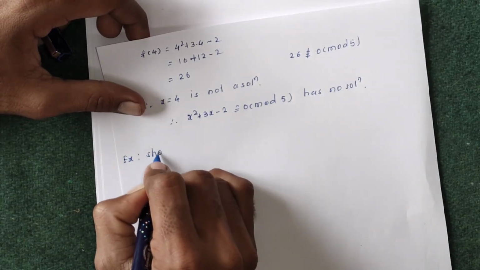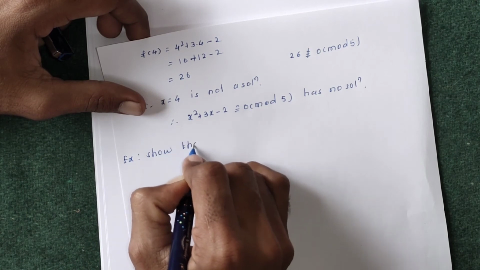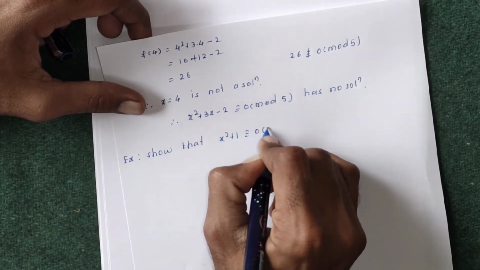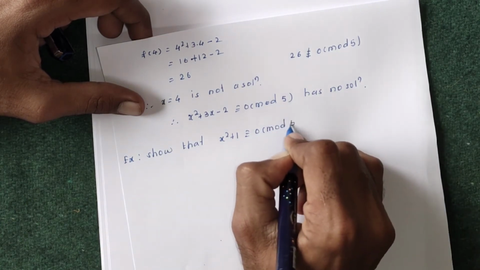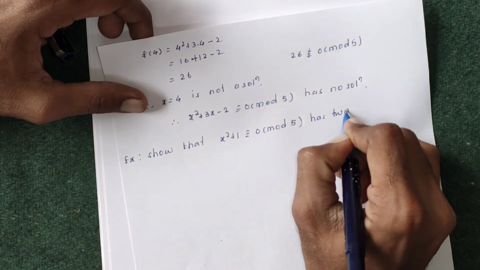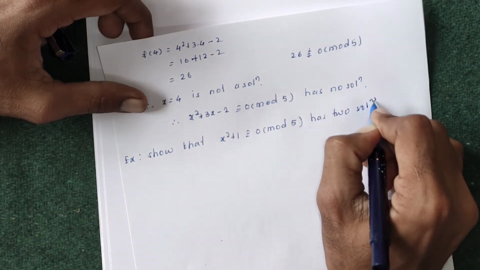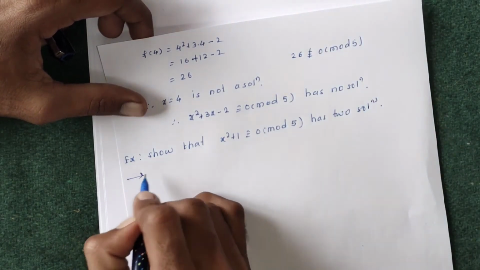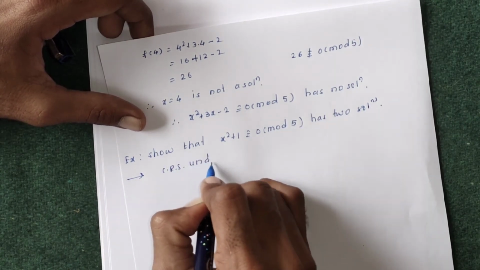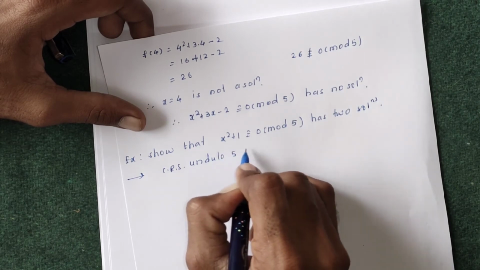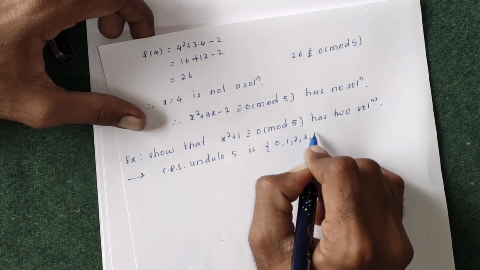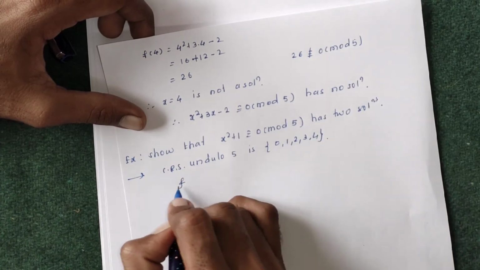Show that x square plus 1 is congruent to 0 modulo 5 has two solutions. In this solution, similarly we are going to find first of all the CRS under modulo 5. CRS under modulo 5 is 0, 1, 2, 3 and 4, and f of x is